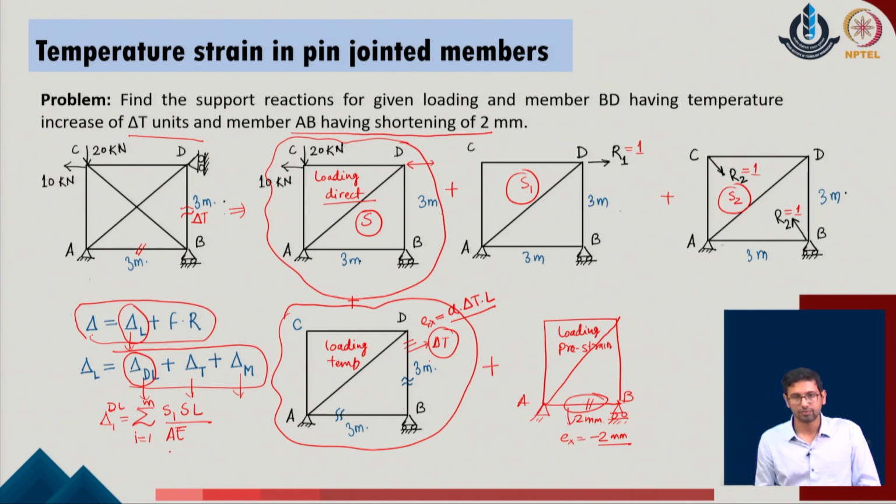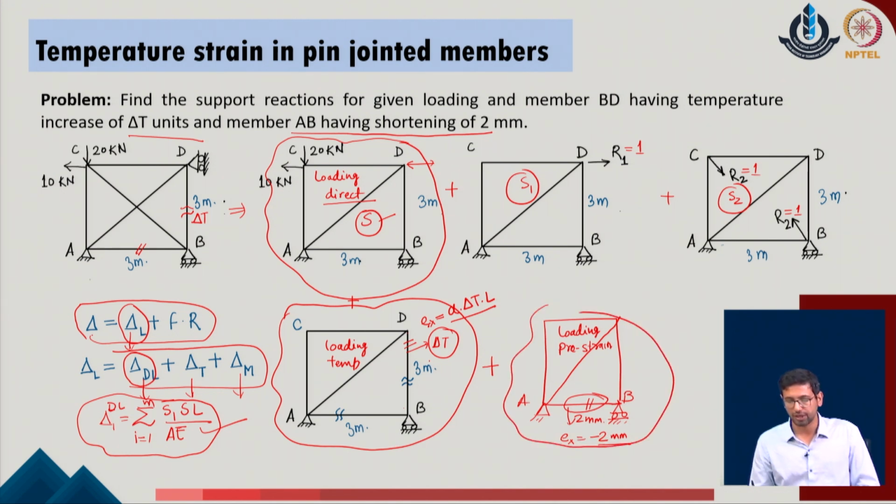In the same manner, this given problem typically addresses that with respect to the direct loading, we get in all the members some forces which we describe by S. In the second case we have S1, where the unit amount of the load is applied in the redundant direction and we calculate all the member forces, and then we do this multiplication to calculate the total energy associated with the given system. In the same manner, if I now start with the contribution due to the member pre-strain or the temperature change in the given system, I can describe it as I am looking for the displacement in the direction of the redundant 1.